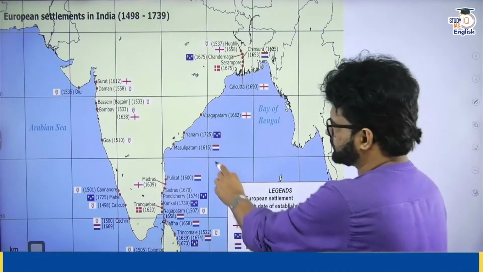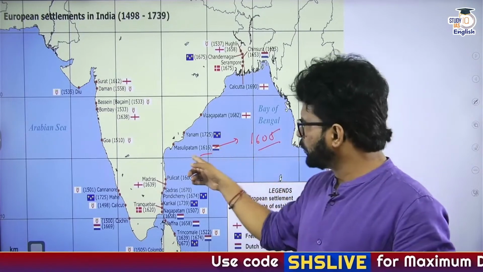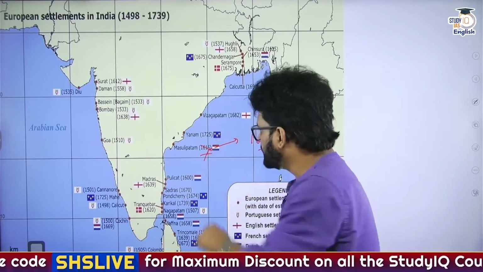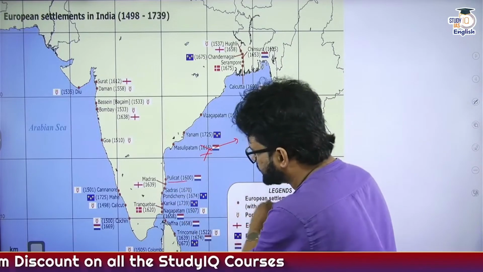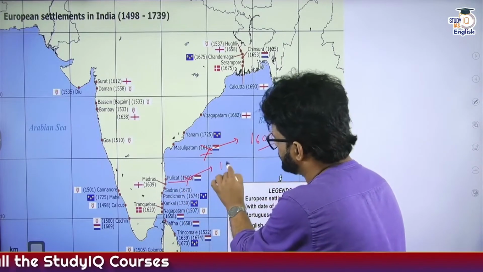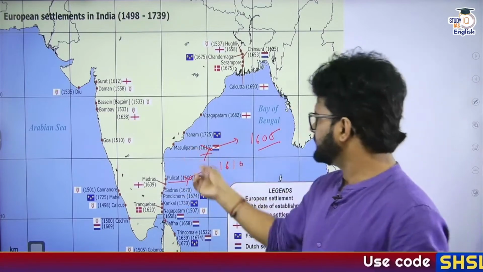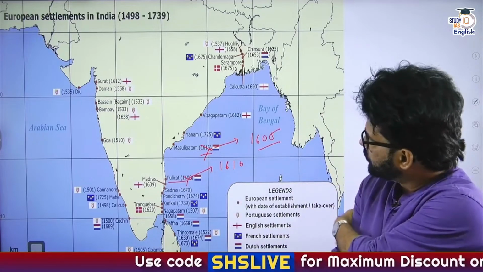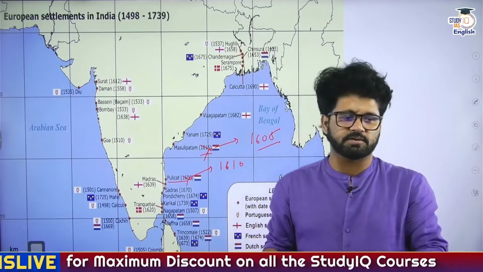So Masulipatnam is this place, and they established their first factory in 1605. Always, I have told you, this map will help you a lot in understanding Dutch settlement. Don't look at the years per se; those years are generally wrong. And then they also established their settlement in Pulicat in 1610. So these things you have to understand. Where are their settlements? In 1605, the same year when they came here, they established their settlement in Masulipatnam, and then Pulicat 5 years after. Pulicat Lake is a very famous lake. You have to tell me in the comment section which kind of lake it is.